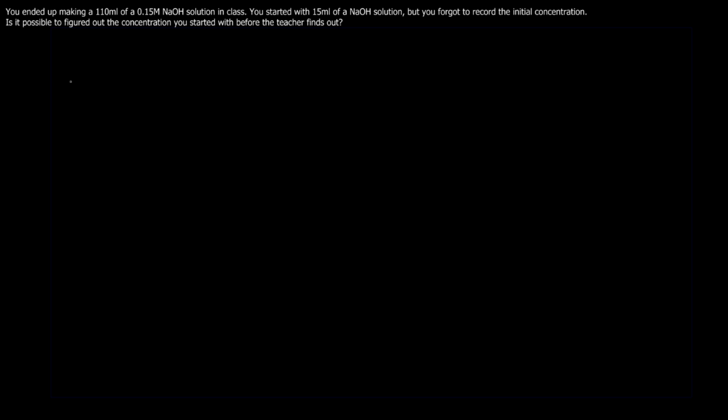So this is a dilution problem, but you're kind of going backwards this time. So first, let's write down everything we know. We know we had a volume. Well, we ended up making a volume of 110. So our final volume was 110 milliliters,